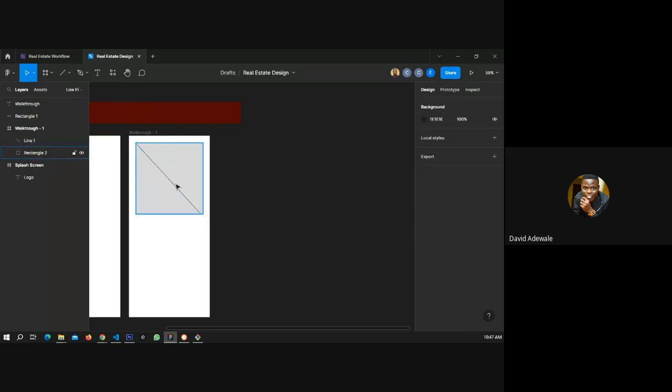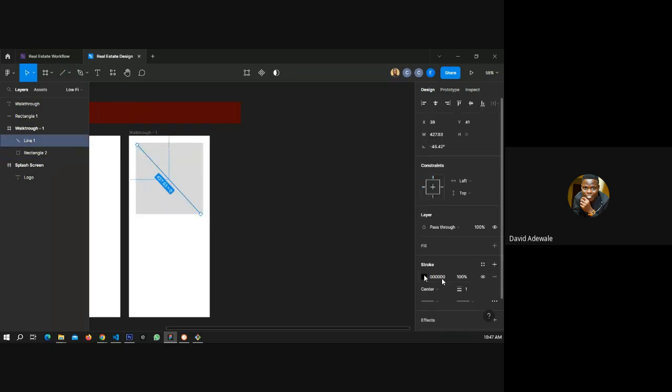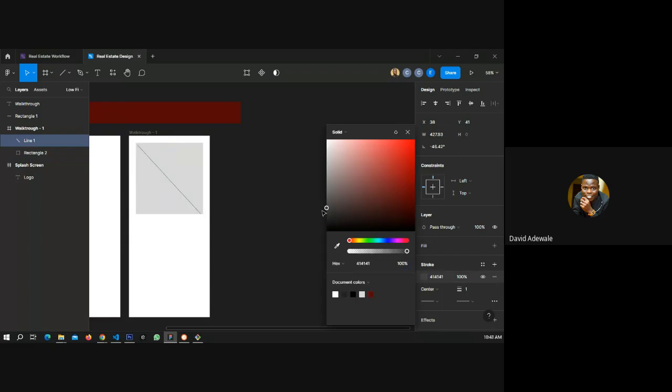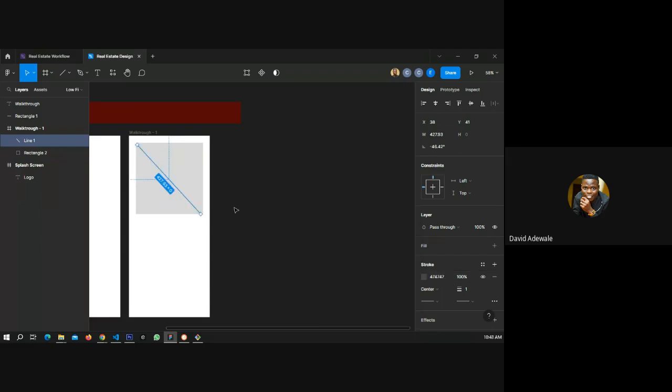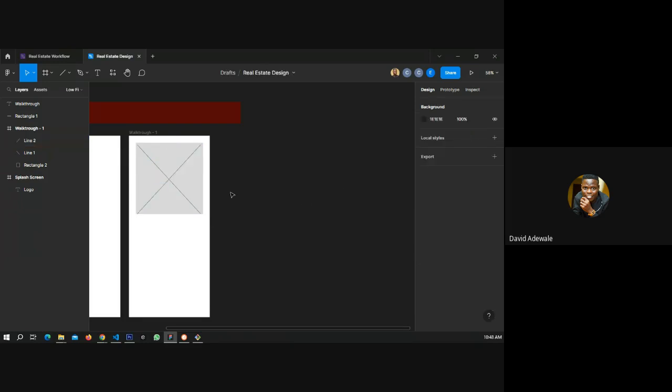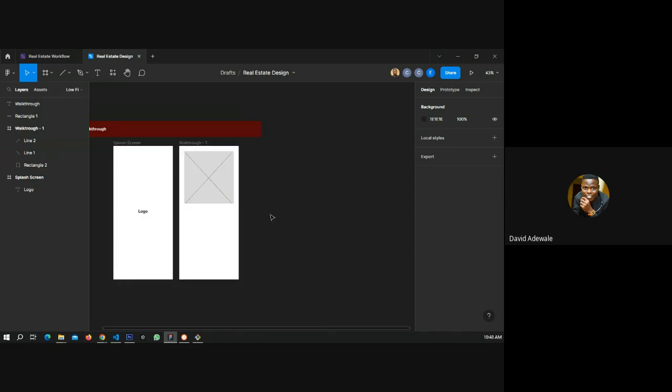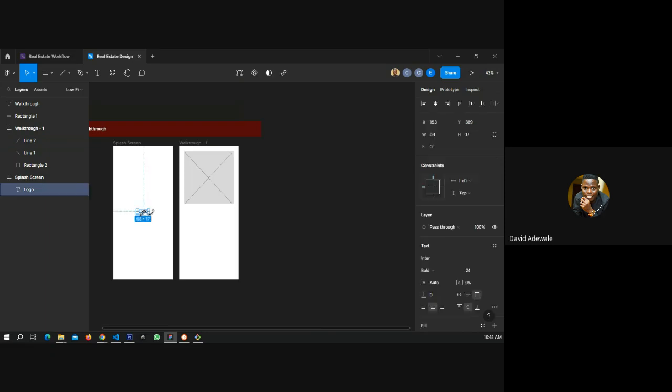So you can have this, reduce the thickness here. So I duplicate it and then rotate it. Instead of minus here, I can just put the number here. So this is an image here. Any questions so far? I believe there is no question. So I can just duplicate this logo.